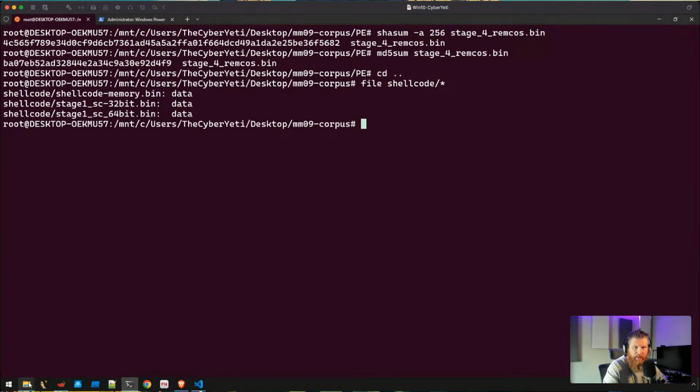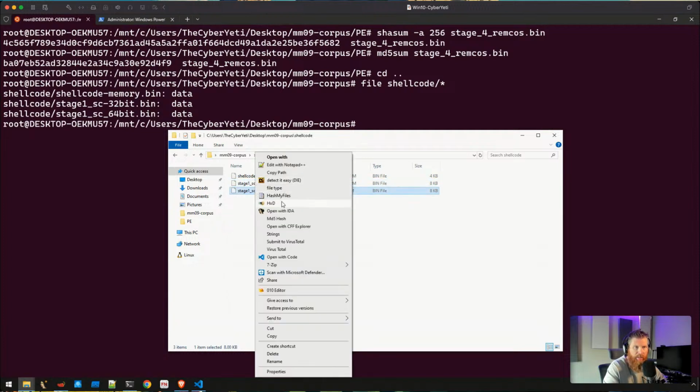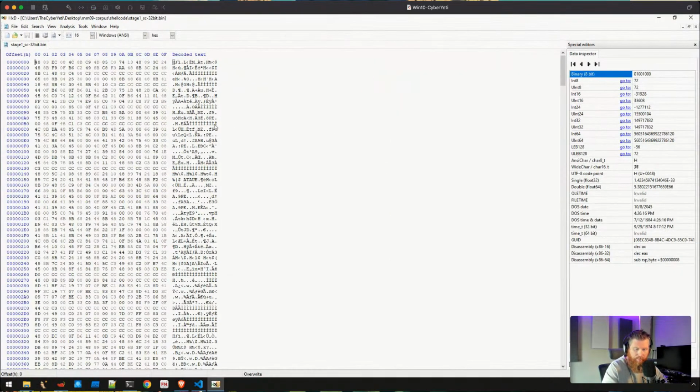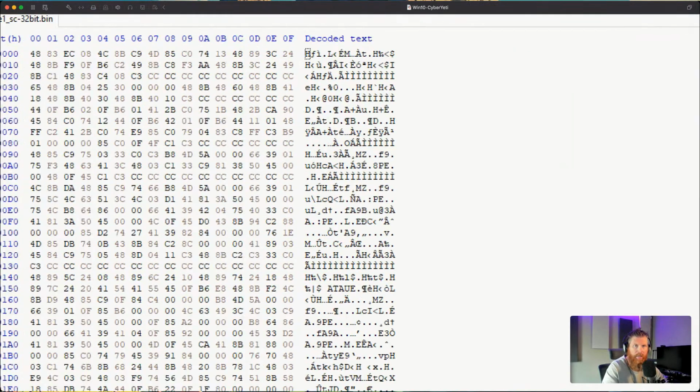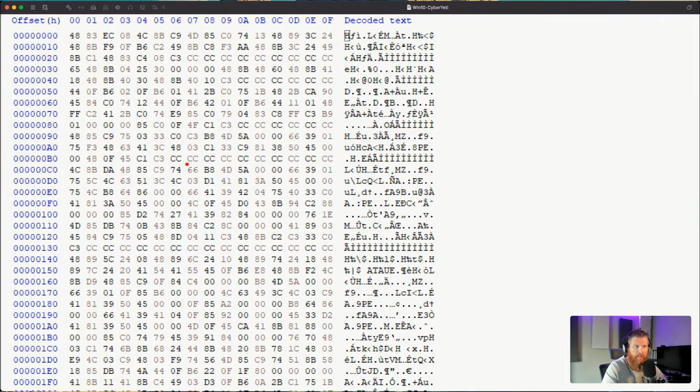And that's really understandable, because if you're not real familiar with shellcode, I'm just going to grab one of these with a hex editor. The idea with shellcode is that we have content here that is designed to be loaded into memory. You'll often hear shellcode related to exploitation, because the shellcode will then be used after the thing is exploited to be put in memory and executed, and that's where the attacker gains control.